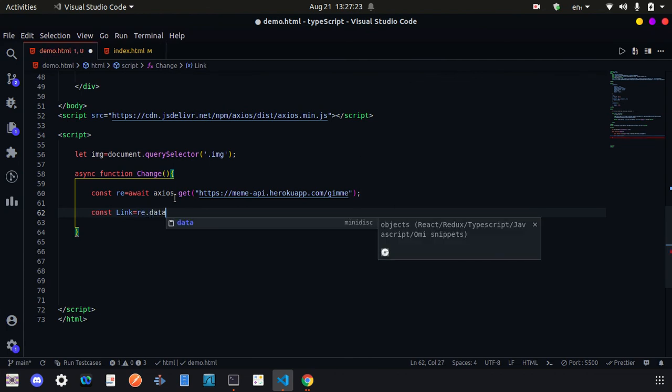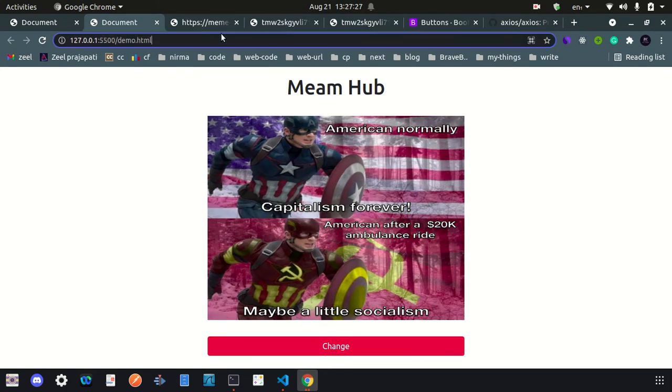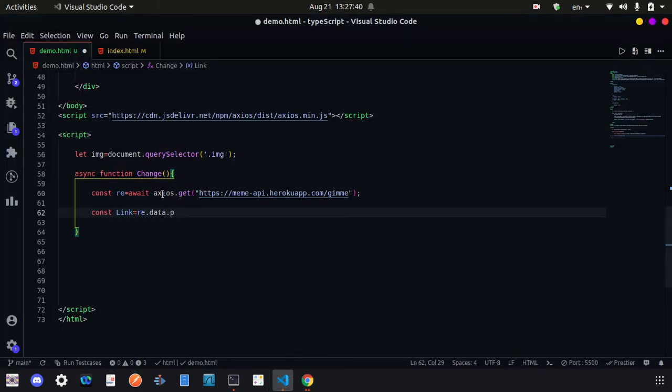In the response we are going to get data, and in that data we have one field, like preview, which is an array of strings. Sorry, array of strings.